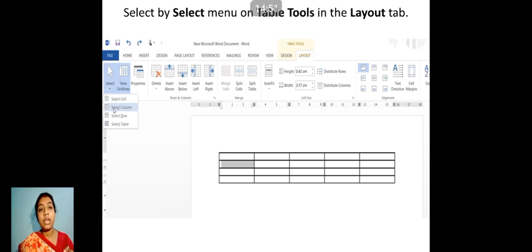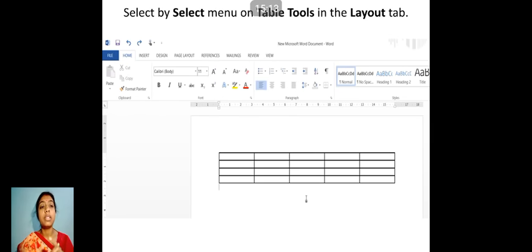Now, whichever cell your cursor is in, that particular cell will be selected. Column, so the column will be selected. If you are selecting Row, then because a cell belongs to a column and also to a row, whichever cell you have selected, that particular row or column can be selected, and if you want the entire table, that will also be selected. Clear?